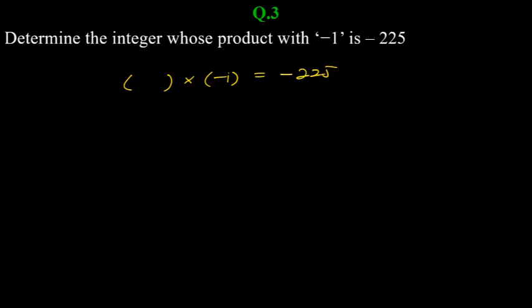And remember the rule, if it is negative, it means here you should have odd number of negatives. Even number of negatives when multiplied will give you positive result. You need to remember, if you multiply even number of negatives, you will get positive result. But here you have negative result. It means on left hand side, you should have odd number of negatives. So minus 1 already negative. It means the other one has to be positive.